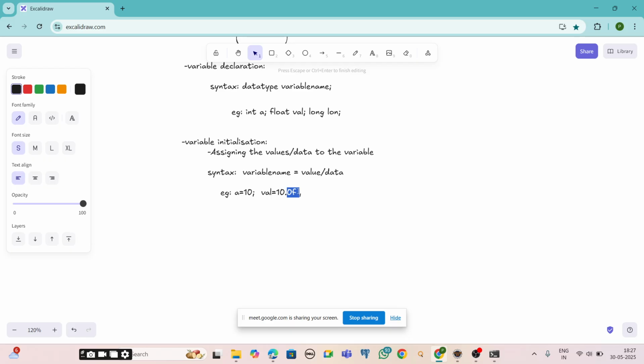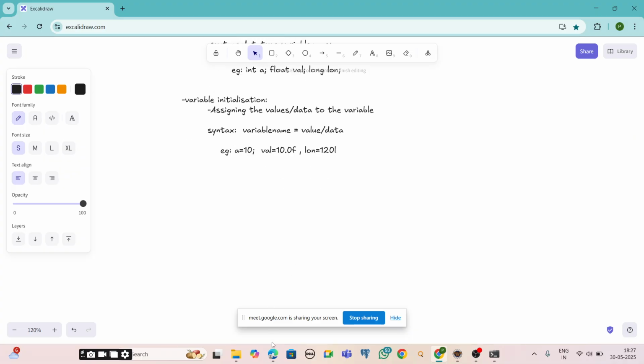Don't forget this, because sometimes it will give an error. For long we need to add the suffix l, like long is equals to 120l. This is how we do initialization.